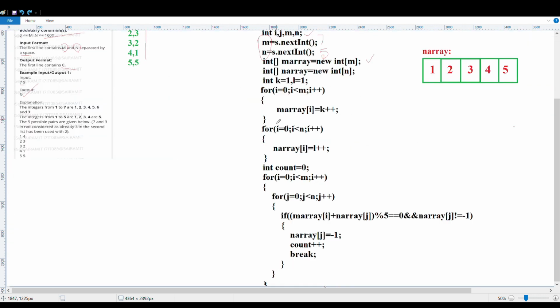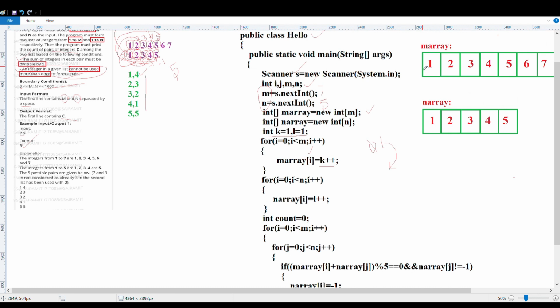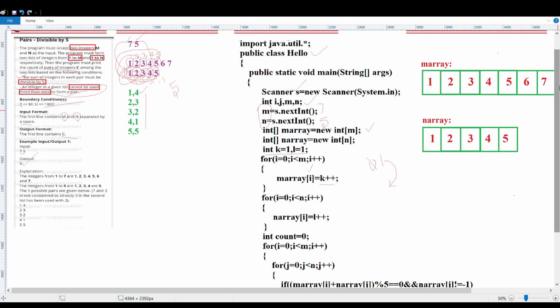And now you have another set of variables, that is k and l. So k will start from 0, no, k is starting from 1, and you're just incrementing the value of k. So m array of i will be given k. Initially k is 1, so first 1 will be put here, then it is 2, and then it is 3. It goes on and on. With every increment of i you have to increment the k value also, and with the increment of j you have to increment the l value also, so that you get the two arrays.